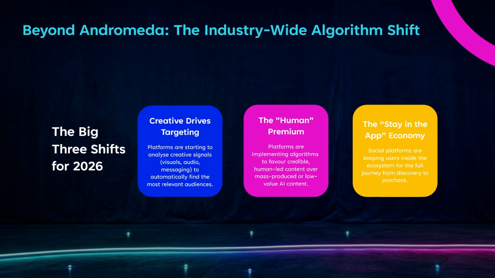The human premium. Platforms like YouTube, for example, have put in algorithms and leaned away from the use of AI in image creation. At the start, when we saw the poll, we saw a lot of people creating images from scratch using AI. The algorithm is telling us not to do that as much. Creating variations is really important, but from scratch, that can harm your performance.